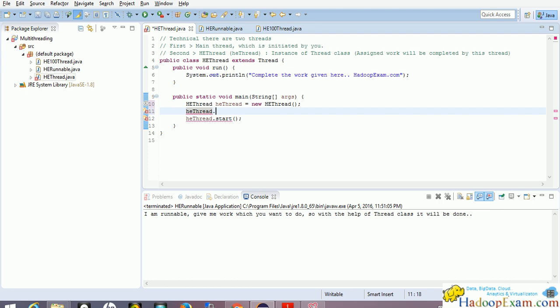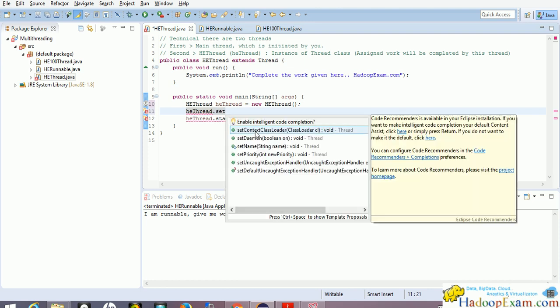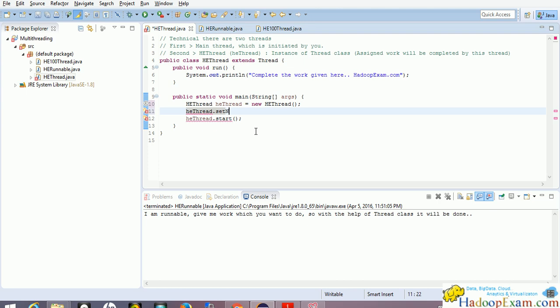This is the way you give the name, not as an argument. Now you can assign this name and print the name again. This is a very simple attribute. Here you can print the name of the thread.